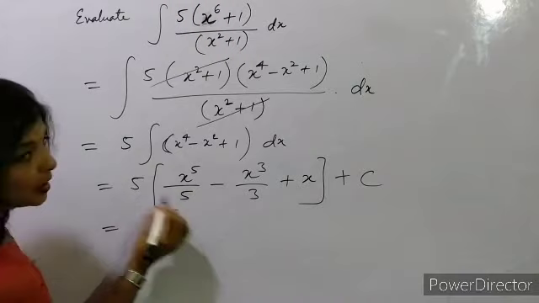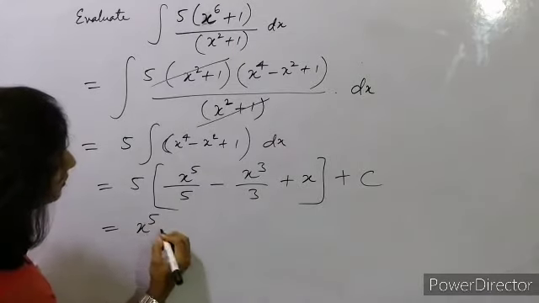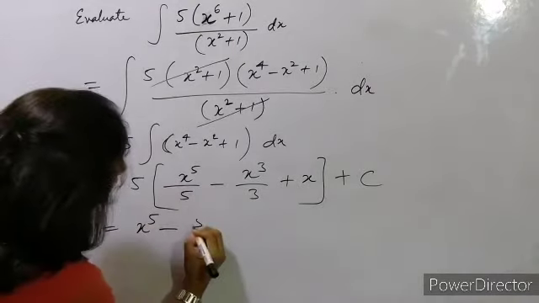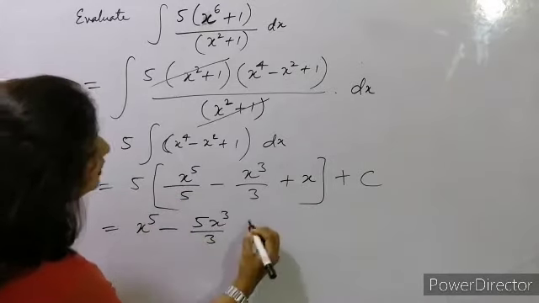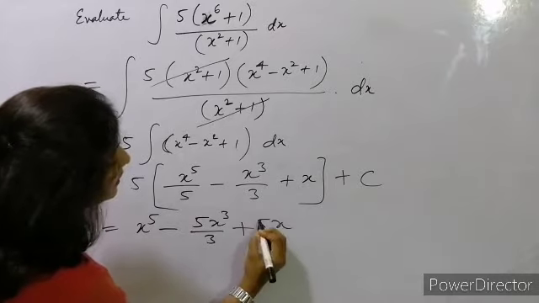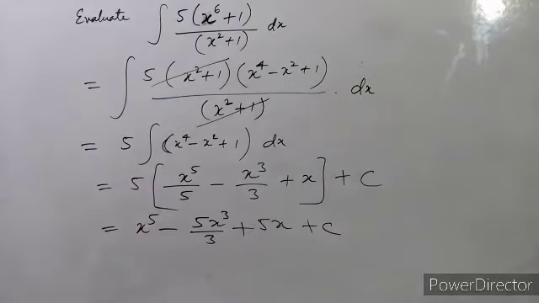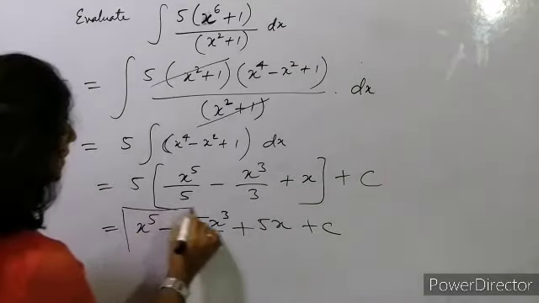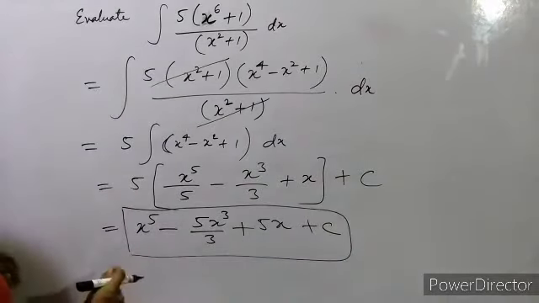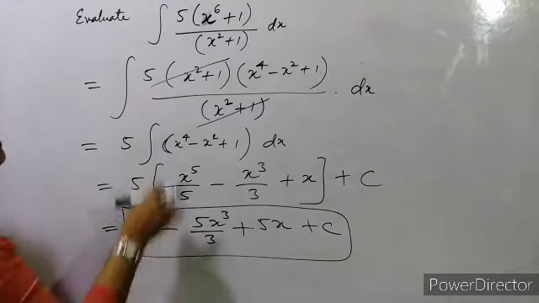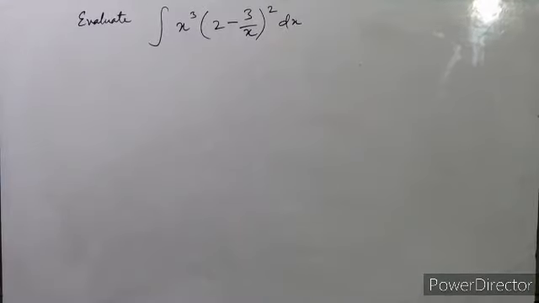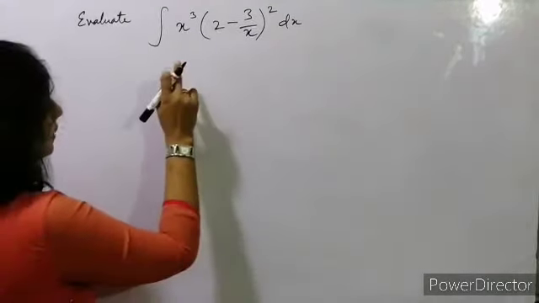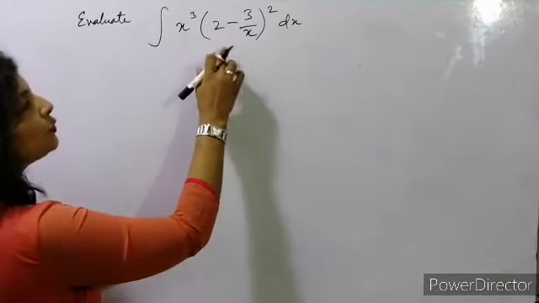5 into 5 cross हो जाएगा, so it will be x to the power 5 minus 5 upon 3, 5x cube upon 3 कर सकते हैं, and this will be plus 5x and plus c. ये value हमें मिल जाएगा. Okay, so this will be the value when we find the, this will be the integral value of this function with respect to x. Okay, so we have another question,